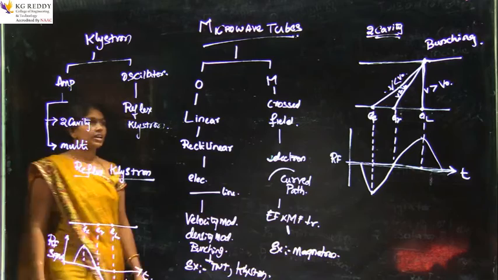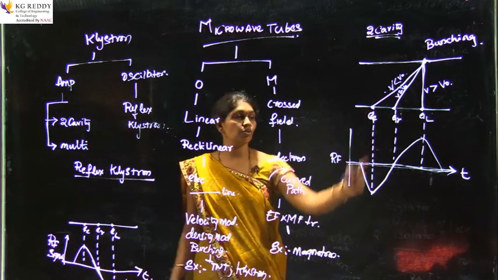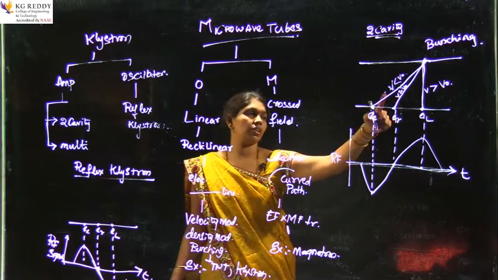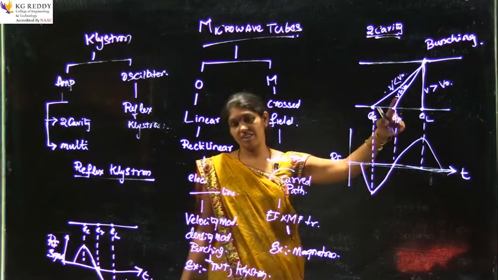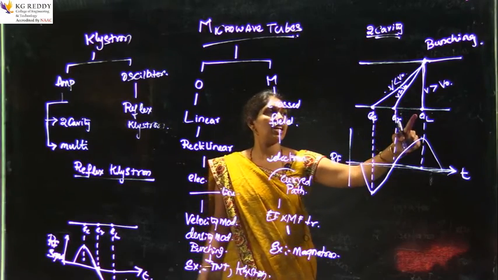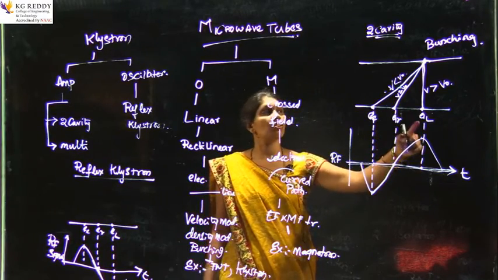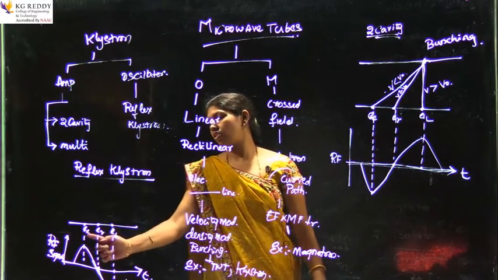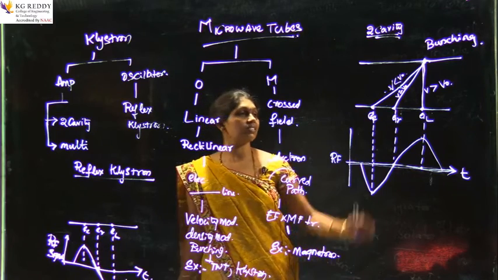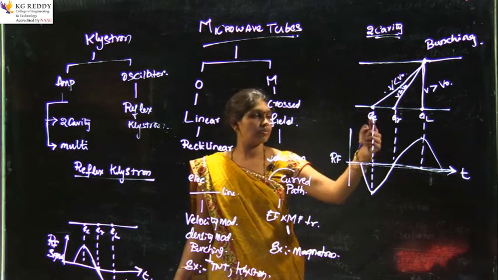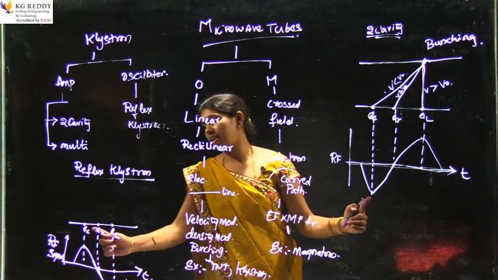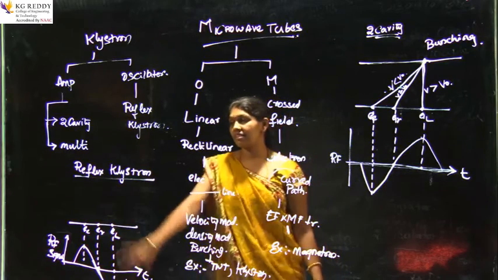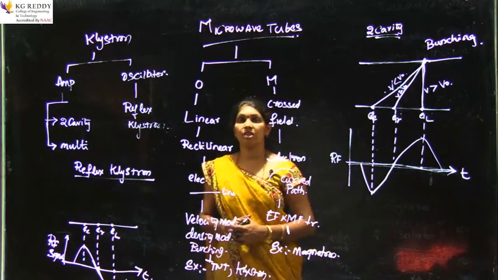Now, in the two-cavity klystron the early electron was subjected to negative RF. That's the reason the electron was moving slowly, V less than V naught. The reference was subjected to 0, V equal to V naught, the reference velocity. The late electron was subjected to positive RF energy, so it was moving with high speed, V greater than V naught. But in the reflex klystron, the early electron is subjected to positive RF energy. This is the reason the majority of the students will get confused here.